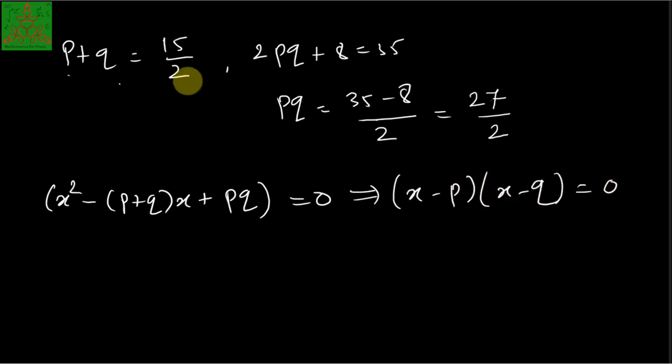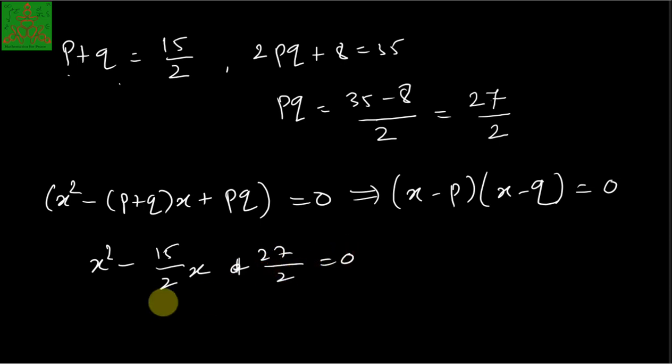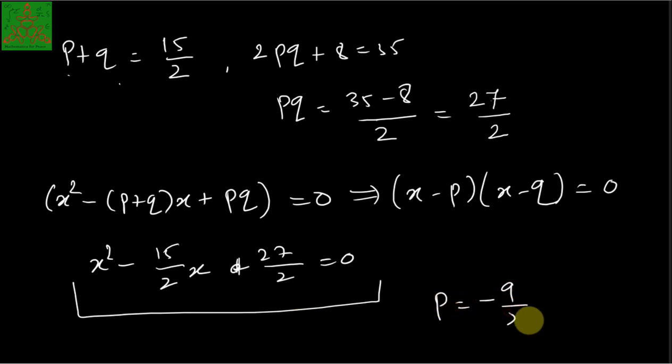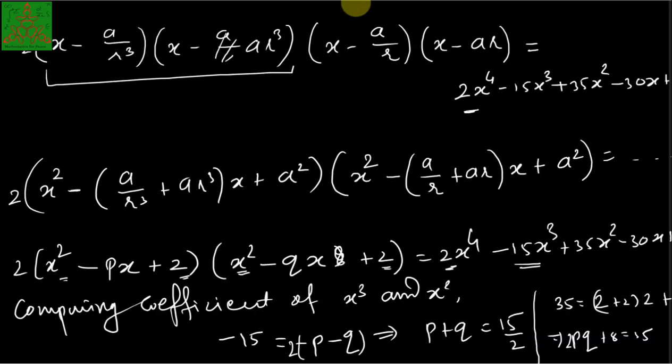We have the sum of the roots, so that is x square minus 15 by 2 x plus 27 by 2 equal to 0. Now when you solve this equation, we will have the value of P as 9 by 2 and Q will be 3. Since we have the value of P and Q, I substitute that value of P and Q here,